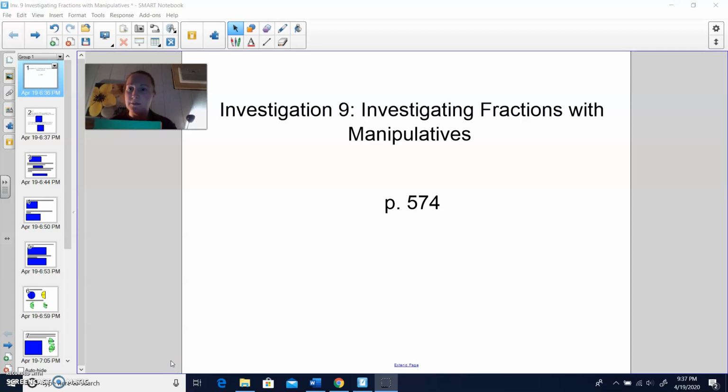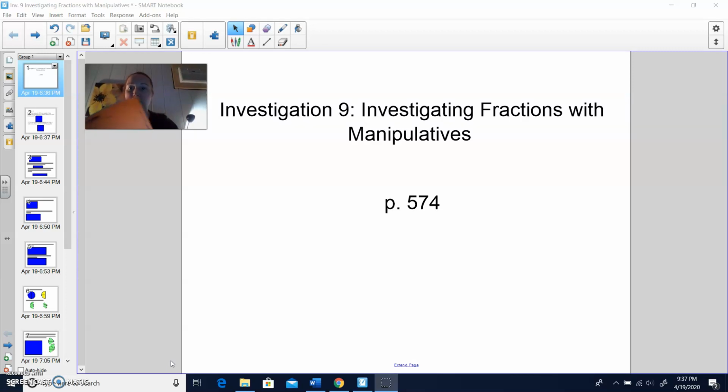Hi, fourth graders. Today we're talking about Investigation 9, Investigating Fractions with Manipulatives. So you're going to need a few things. First of all, you're going to need something to work on, so a piece of notebook paper or something to keep track of your information and work on. And then you're going to need